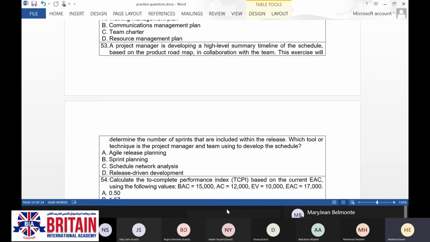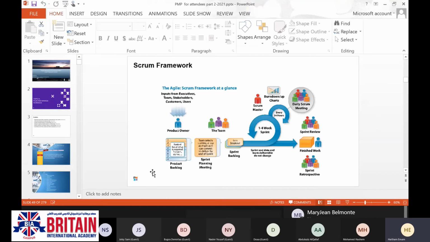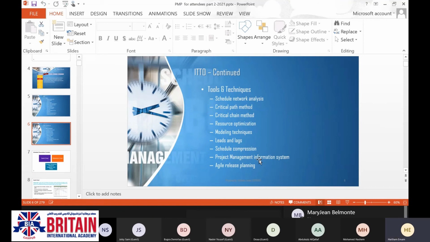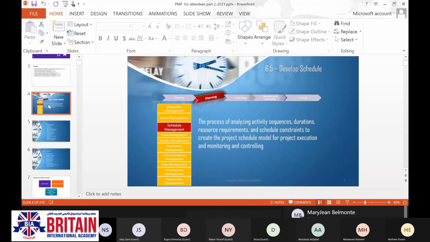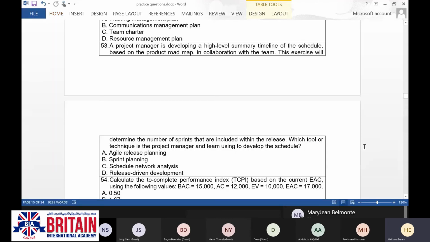Let me remind you of something. When it comes to developing the schedule, one of the tools is agile release planning. We have sprint planning, and we have the network analysis.